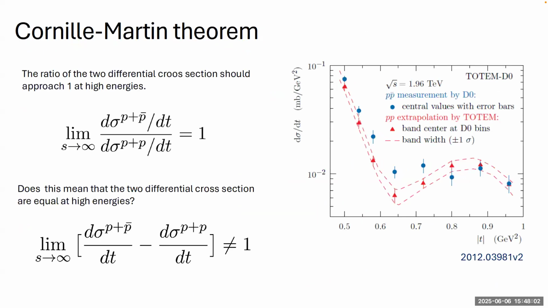Here we have a Cornell-Martin theorem that follows from the Pomeranchuk theorem. That is, the statement is that at the high energy limit, in the rigid limit, the asymptotic region of these two objects goes asymptotically to 1. So naively speaking, we can think that, okay, according to this first statement, the obvious idea is that the